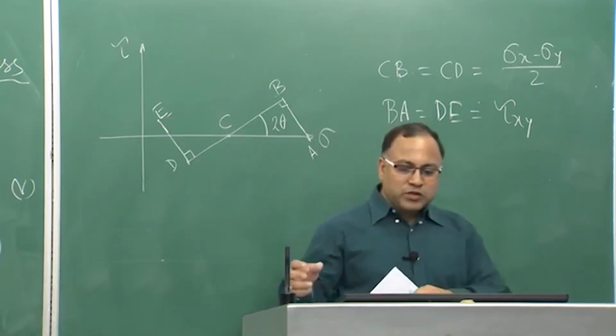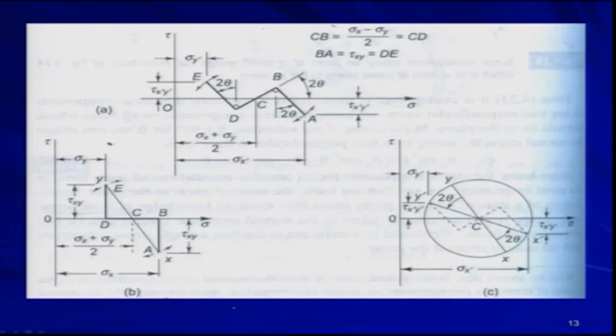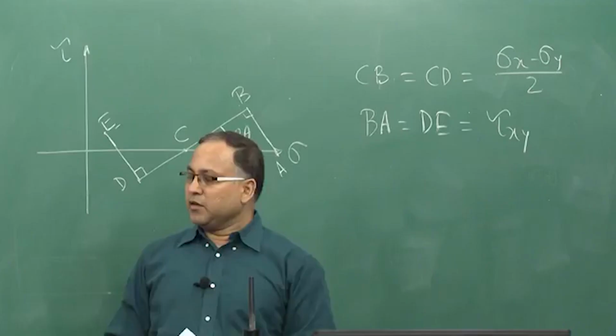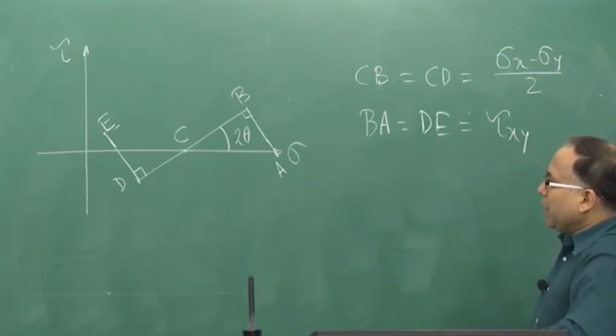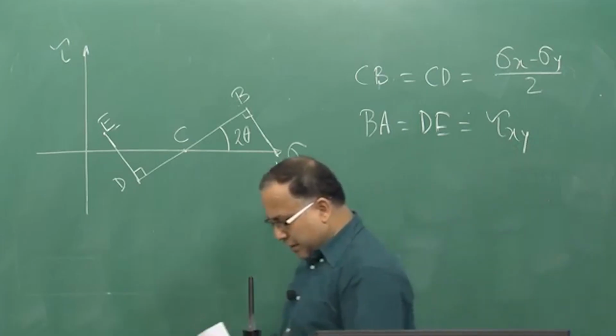So, let us come back to this figure. If you look at this figure on the slide, that construction is here. This is your B point, C point. This is your B, this is your A, D and E, whatever construction we have done. That construction is shown in the figure. So, now let us write down that